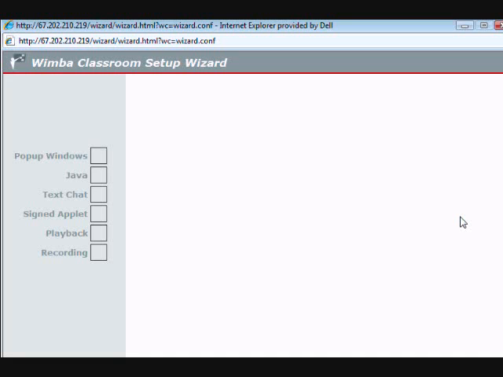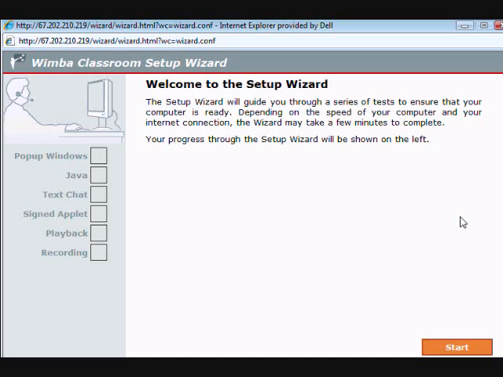This will take you through a series of tests to look at the settings on your system. The first test is going to be to check to see that pop-up windows will be allowed from the Wimba site. So if we click Start in the lower right-hand corner,